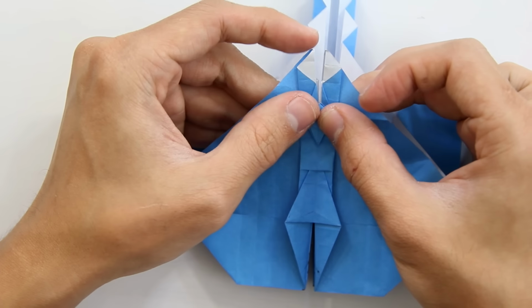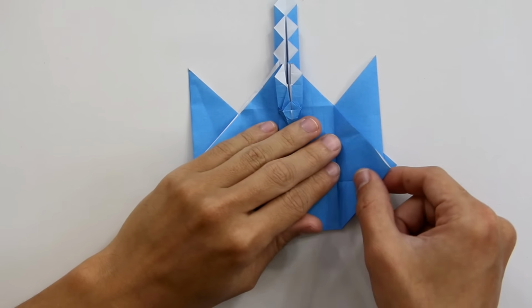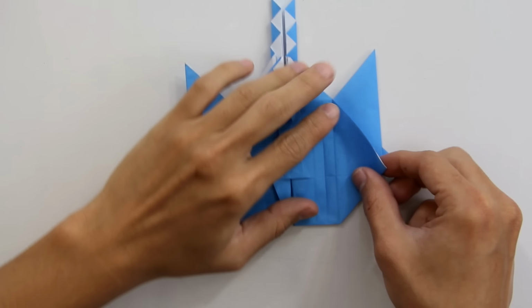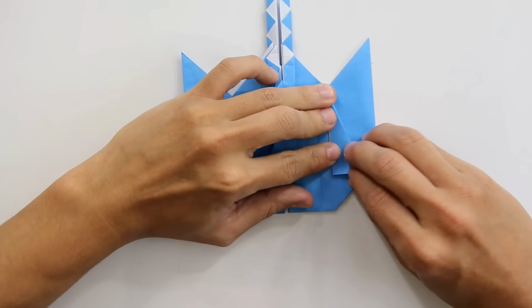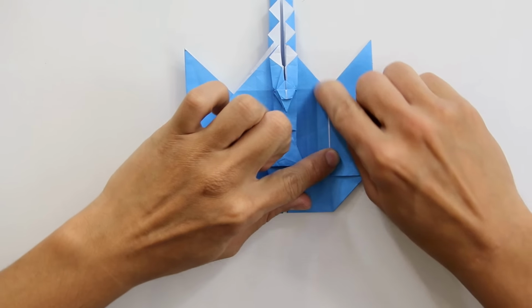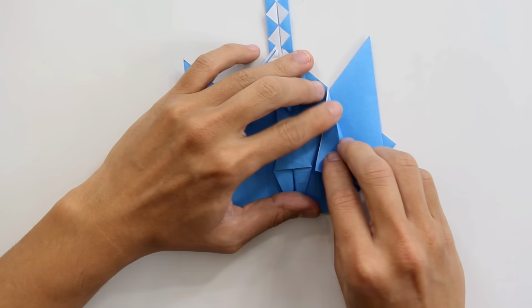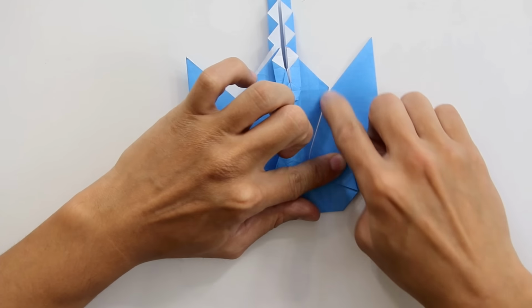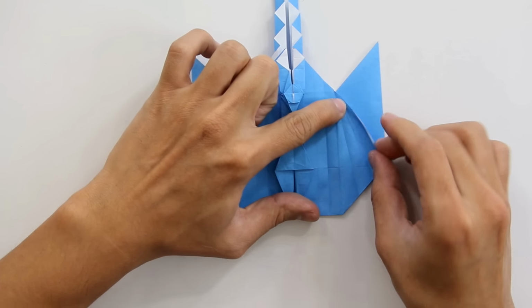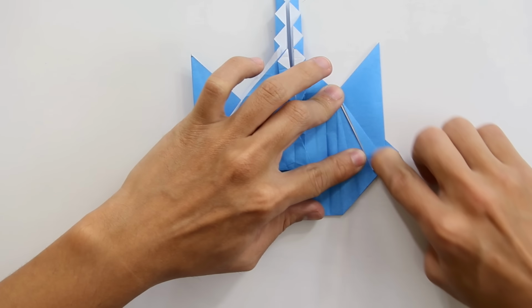Okay, now unfold this part here. Now let's fold this flap here. First you are going to fold in half like this, making the side of the paper go up to the middle line, okay? And you're going to fold each of these angles in half again. So the model is going to look like this,